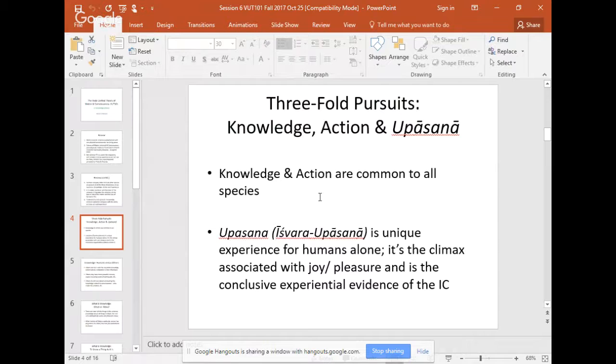So knowledge and action are common to all species, but upasana, this third dimension, is a unique feature for humans alone, and it is the climax associated with joy, pleasure, and is the conclusive experiential evidence of the infinite consciousness. So upasana is very relevant to us, and it goes hand in hand with this course. That's why we devote the first few minutes to